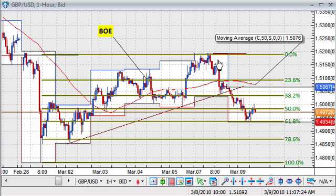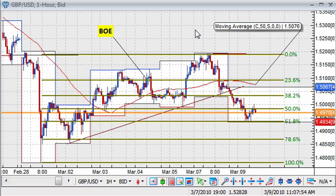So if we draw our Fibonacci from 1.4780 to 1.52, this is a 61.8% retracement now. So we'll see if this level holds, or if the new bearish phase in this pair means that we're going to extend our decline after a bit of a pullback and retest either this 78.6 level around 1.4850 or the 1.48 level. You can see more technical analysis about this pair at FXTimes.com, but the fundamental news that moved the